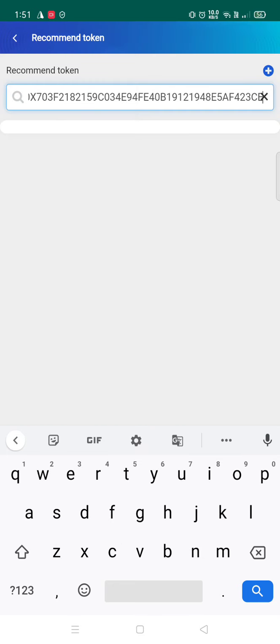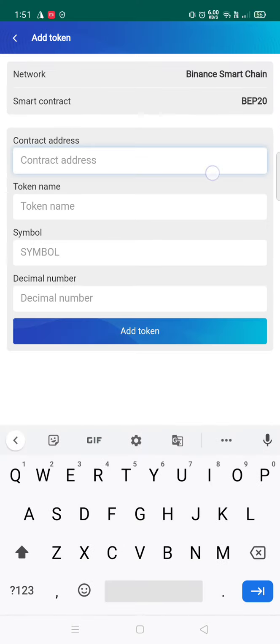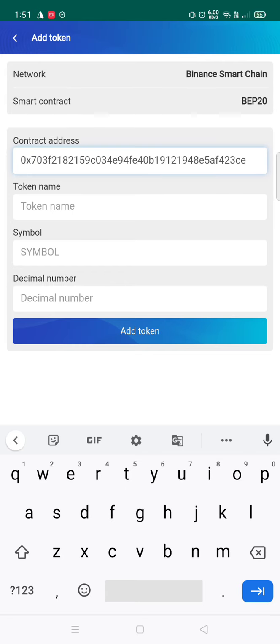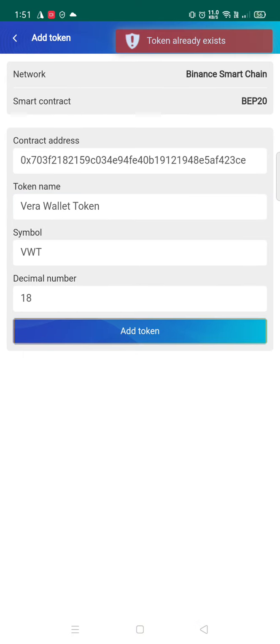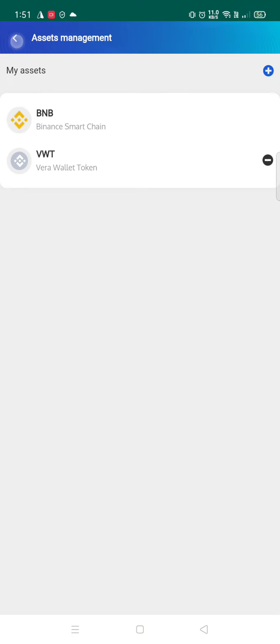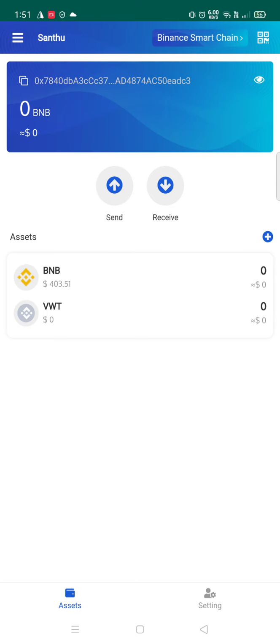If it is not recommended, you can see the recommended token in the upper part. So apply the contract address here and click on the token name. It would be automatically detected. You need to add the token. We have already added it, but for the purpose of showing you, I have added it.